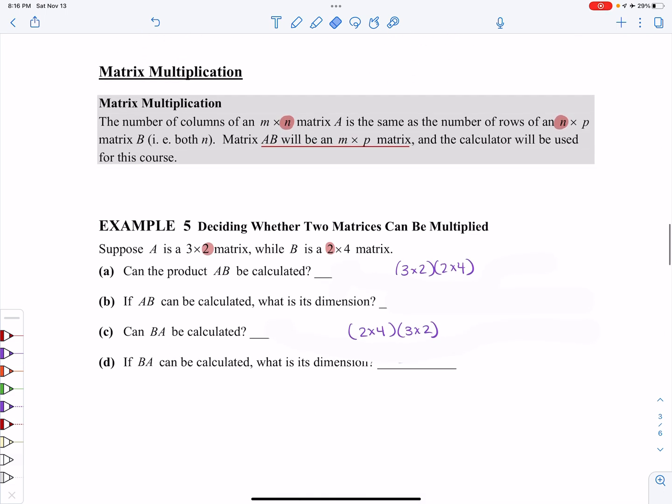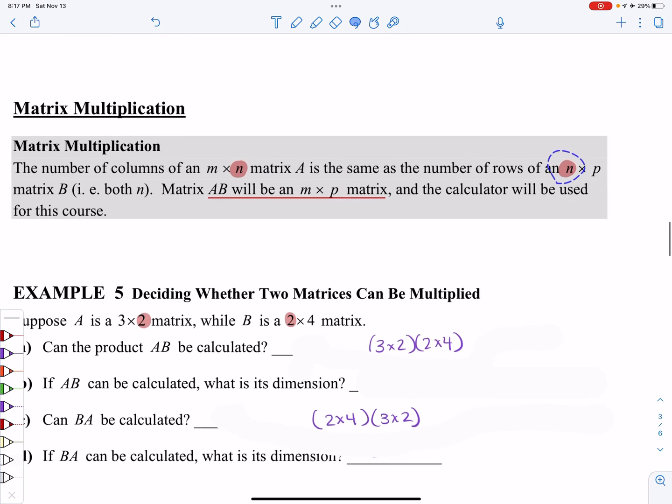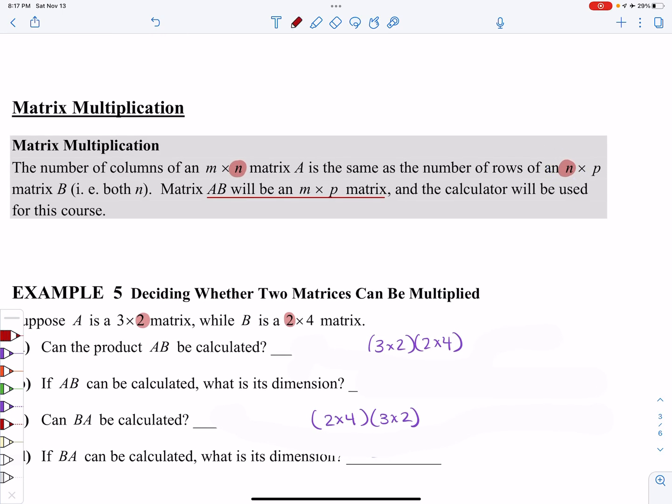What do you do when you have two matrices that are being multiplied together? Well, we have some rules on this first of all. So the number of columns has to match the number of rows when you're doing, in this particular case, A times B. The way that I like to write it out, and I'm going to write it out underneath, is this: if you have an n by n matrix